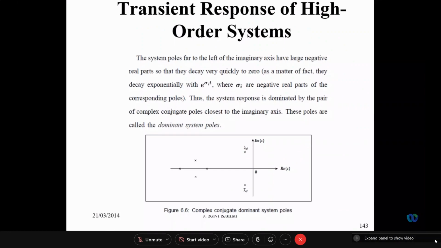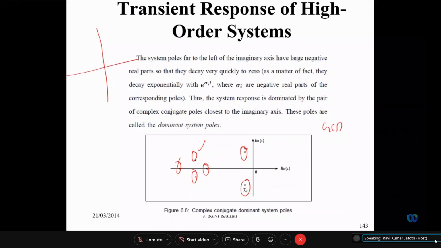Coming to the higher order systems, it is a very important small topic. Now you have a transfer function. You may have 1, 2, 3 to 4 poles. Here you have two complex conjugate poles, and here another two complex conjugate poles and two real poles. Now if you try to consider the response of the system,